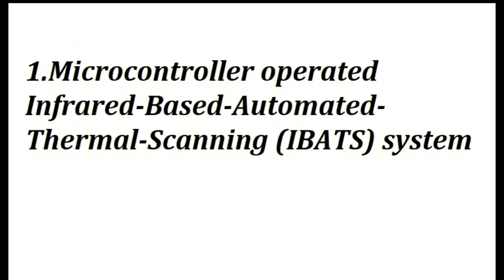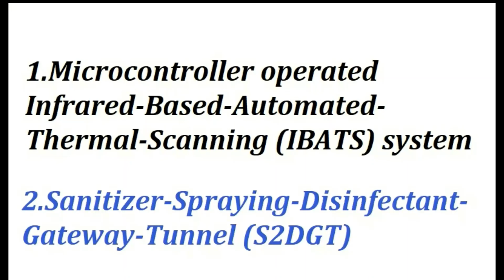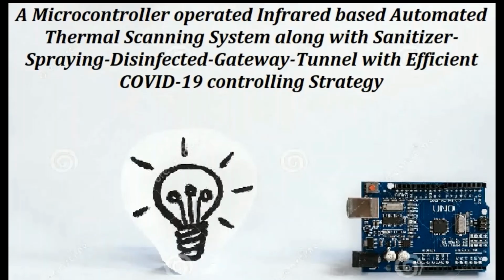To overcome this problem, we introduce a microcontroller-operated infrared-based automated thermal scanning system through which the temperature of a normal human can be monitored without the help of another human being. We also introduce a sanitizer spraying disinfectant gateway tunnel which can supposedly disinfect and sanitize people in just seconds. So we introduce a microcontroller-operated infrared-based automated thermal scanning system along with a sanitizer spraying disinfectant gateway tunnel with an efficient COVID-19